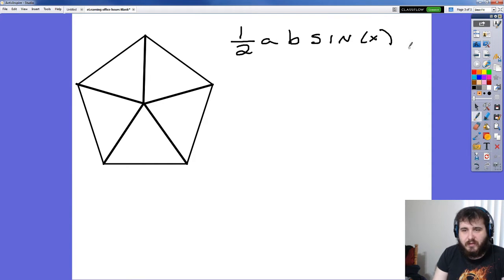One half AB sine x, where A is this guy over here, B is this guy over here, and X is the angle in degrees in the middle. So as you're going through and doing this, you're going to need to figure out what this side is. How do we do that? Well,